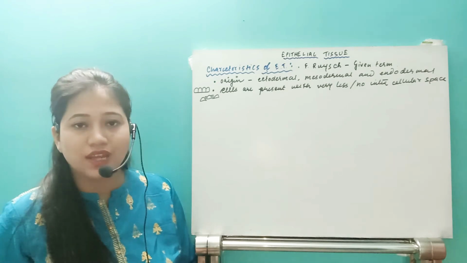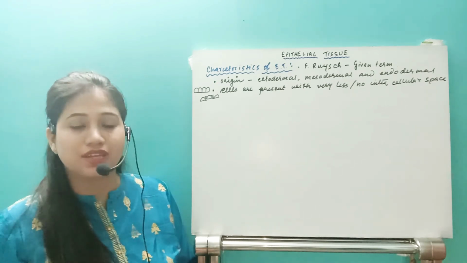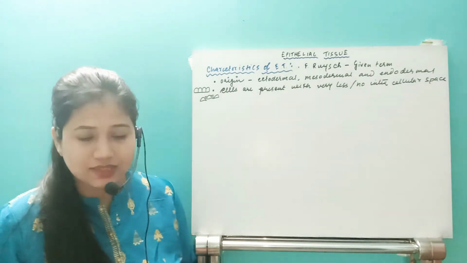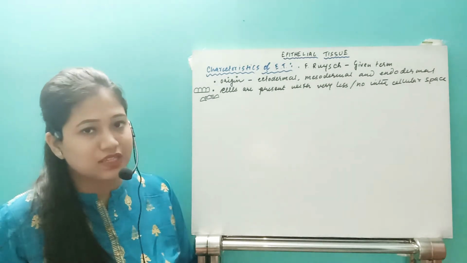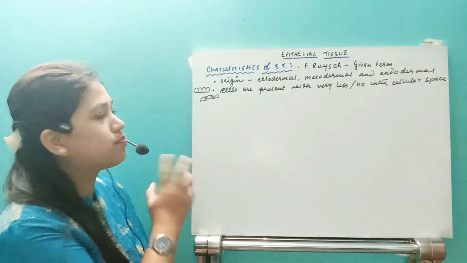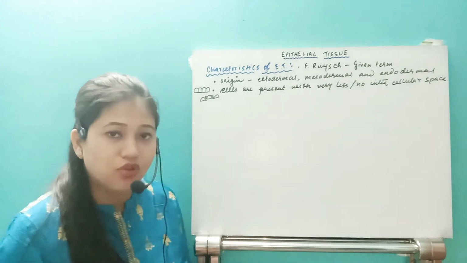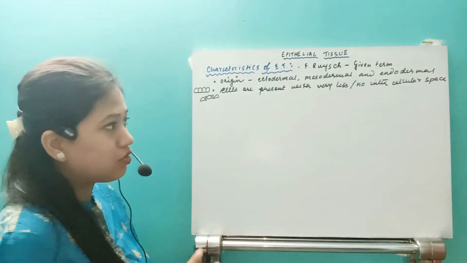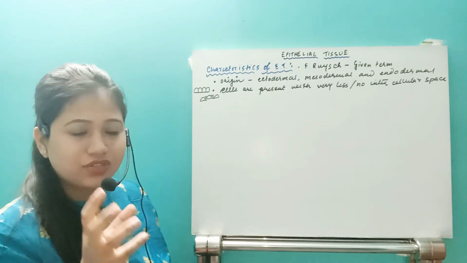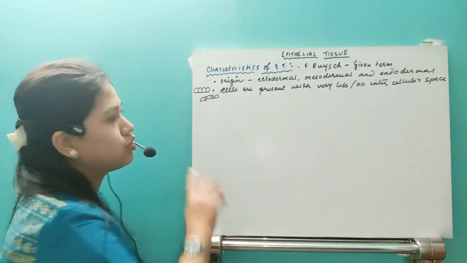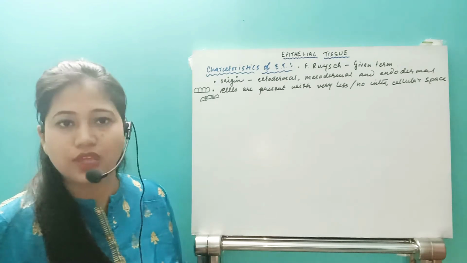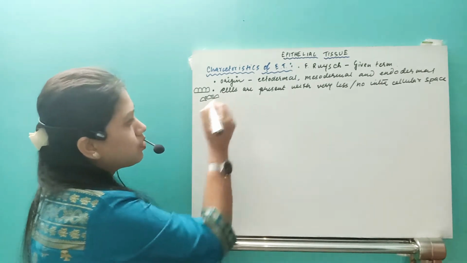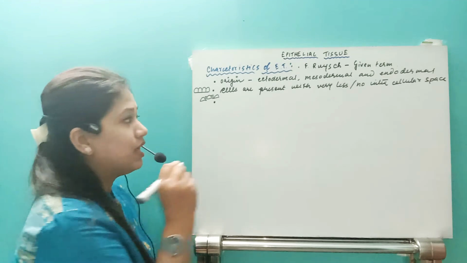Here we will not find any type of fiber. If extracellular liquid is present, its concentration is very low, or there is no extracellular liquid at all, because intercellular space is very small or absent, and the extracellular fluid present in that space is also very little. Okay, remember that.